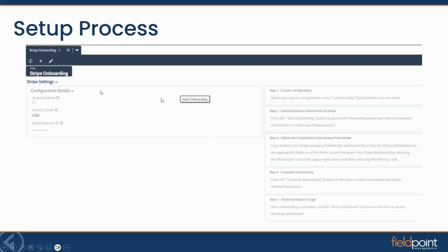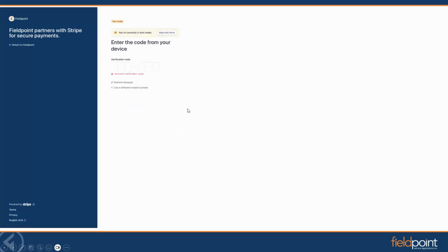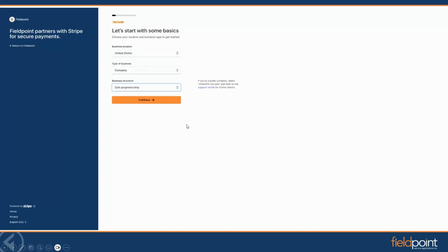If you're an existing Fieldpoint customer and you're on version 1192 or later, and you're not currently enrolled with Stripe payment processing, if you search for that Stripe onboarding menu, which I showed you earlier, you should have a button that says Start Onboarding. And this will take you through the onboarding process, which honestly takes about 5 to 10 minutes. It starts off fairly basic, just getting you to create an account with a username and password. It'll then ask for some personal information, name, address, a little bit about your business, some security questions to secure the account,